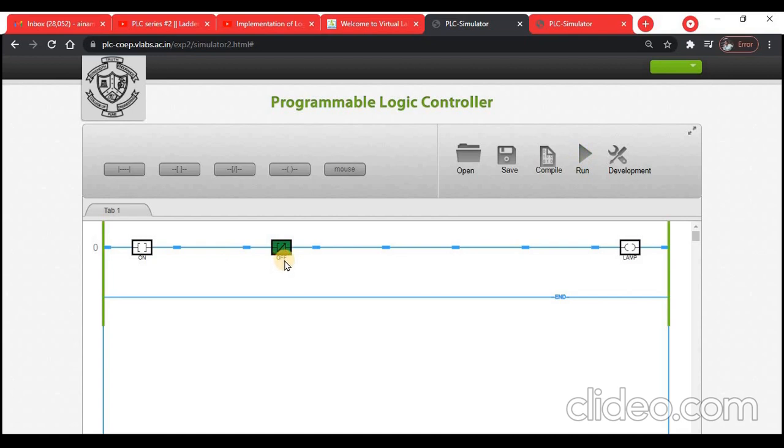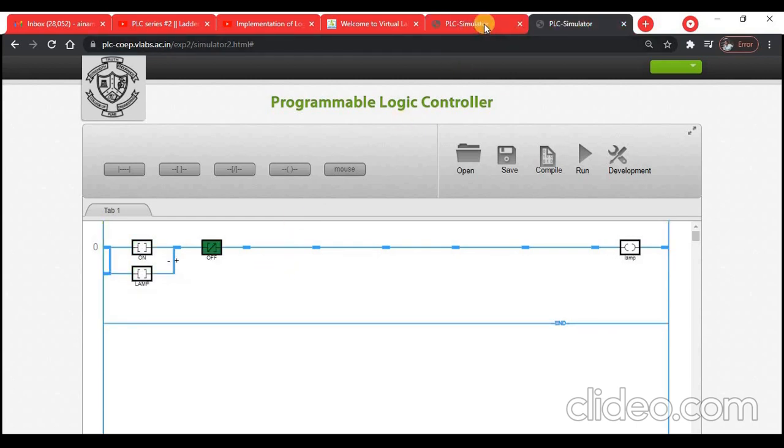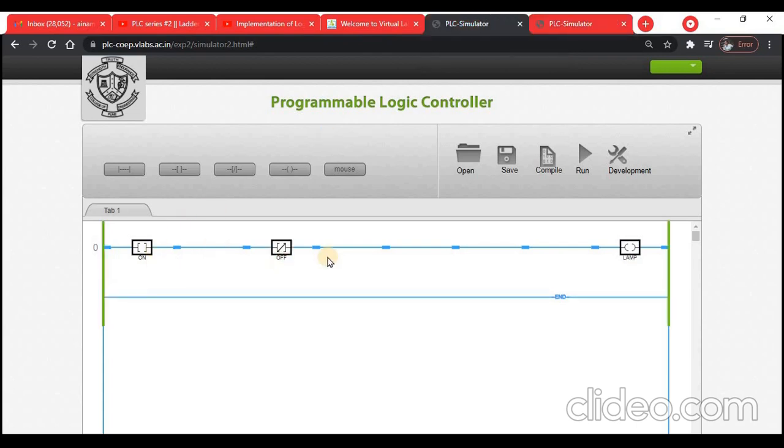Okay, right now it is on, which means it is of high value 1. So when we toggle this, the lamp will be on. If we toggle this and make it 0, then this lamp will switch off, because this is a normally closed contact. It is closed in the normal condition, or in the start condition. So just toggle it. You can see here. Now again you can add, this is a simple program.